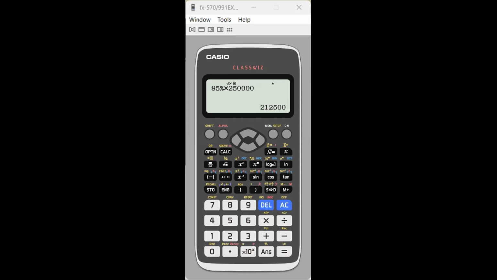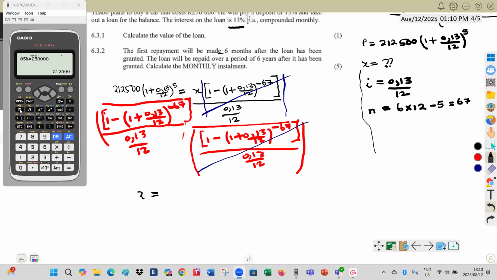What are we going to have on our calculator? We are going to have our fraction. Then on our numerator, we are going to have 200,212,500